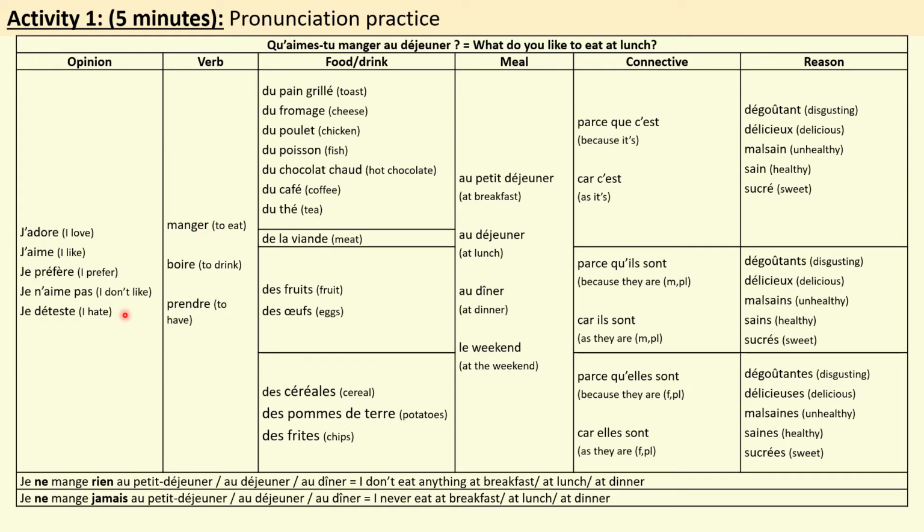Je déteste prendre des pommes de terre le week-end parce qu'elles sont dégoûtantes. Your turn. Okay. J'adore manger des frites au dîner car elles sont délicieuses. Your turn.